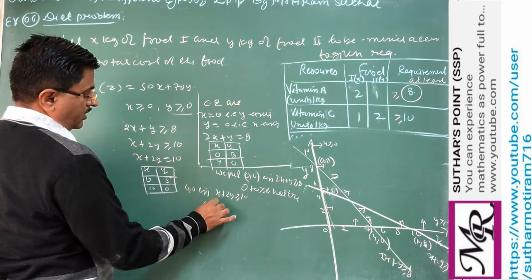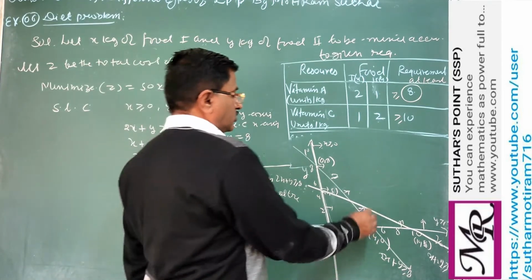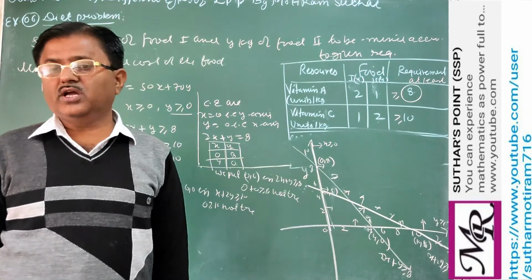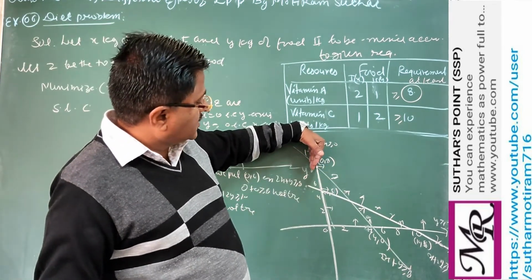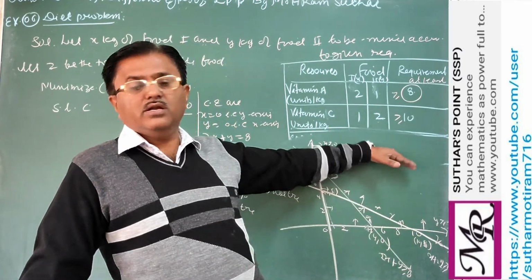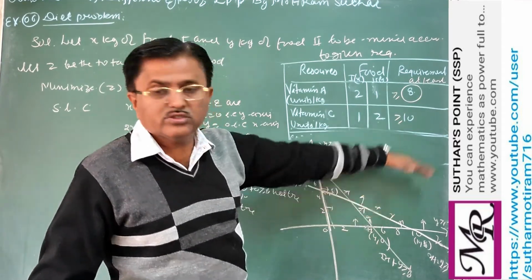So 0 greater than 10, which is also not true. It means again you can say the solution will be toward this side. So now, dear students, we get the condition that the x-axis says the solution will be toward this side. The first line says the solution will be this side. The second line also says the solution will be this.